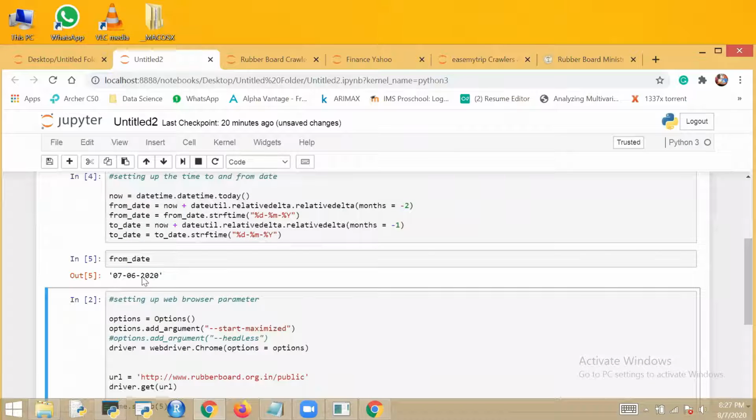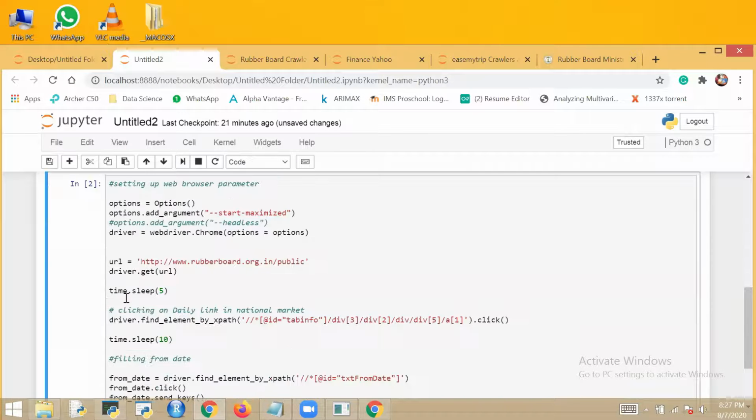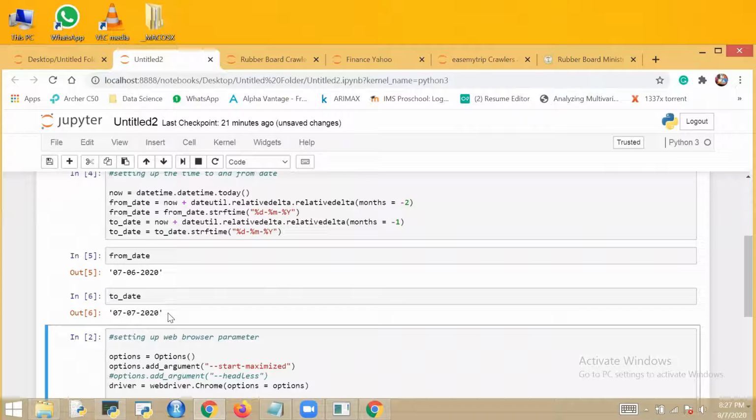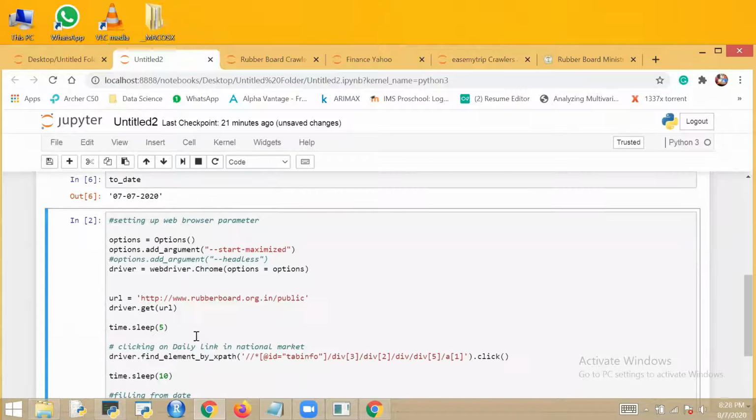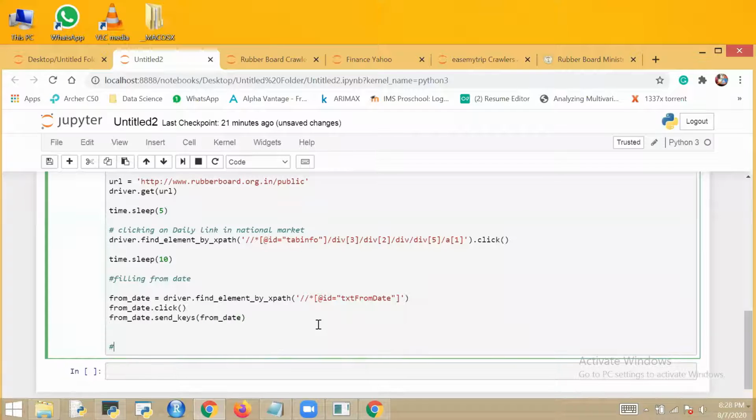From date is 7/6/2020, and to date, suppose I want data in between these two dates. So after clicking on that field, I will send keys from date. Done.